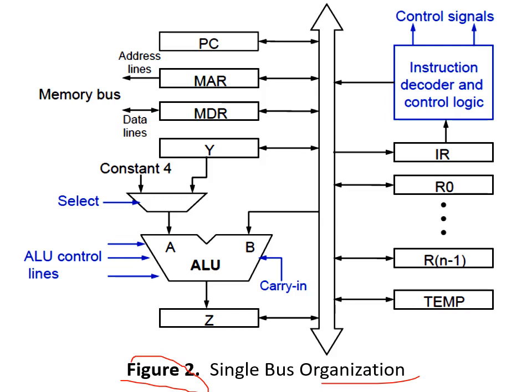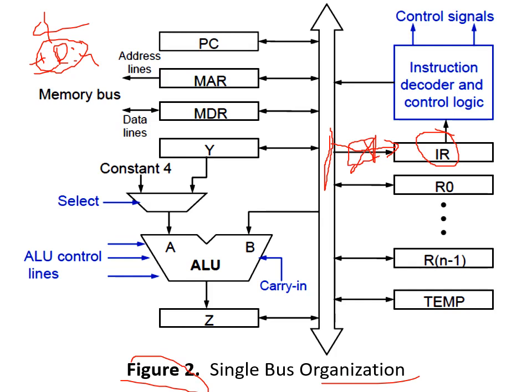Now I was explaining that during execution of the add instruction, at the fourth clock cycle, the processor has to execute IR in, right? What is the meaning of IR in? IR in means there is a register called the instruction register, IR, and you should let whatever data is present on the bus enter the IR. There will be a gate here; we have to turn on that gate so that data from the bus enters the instruction register.